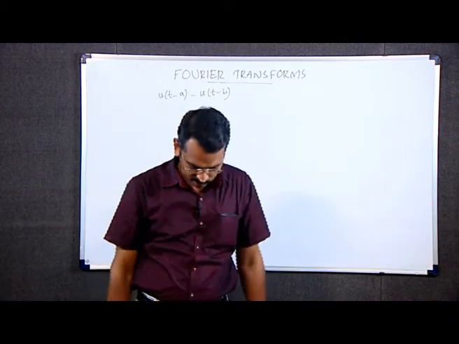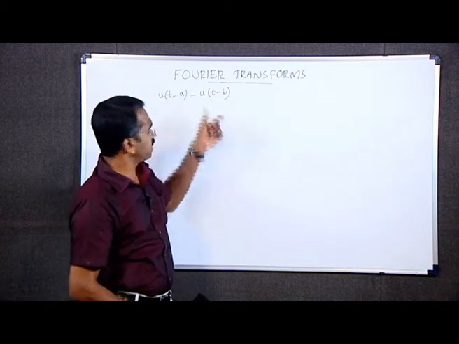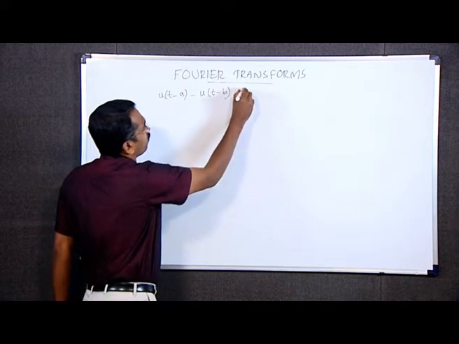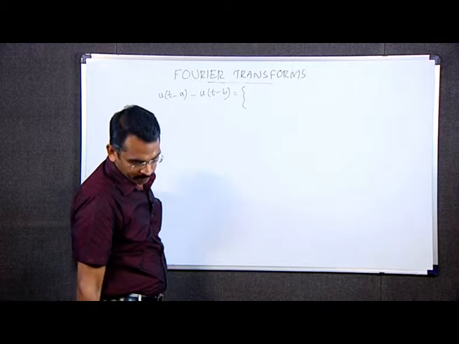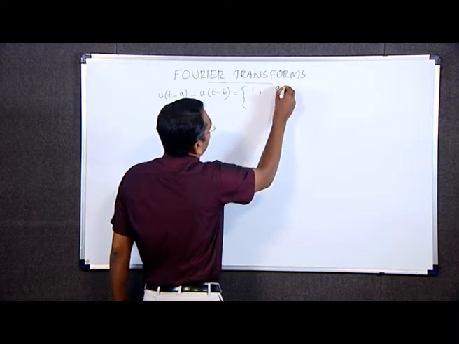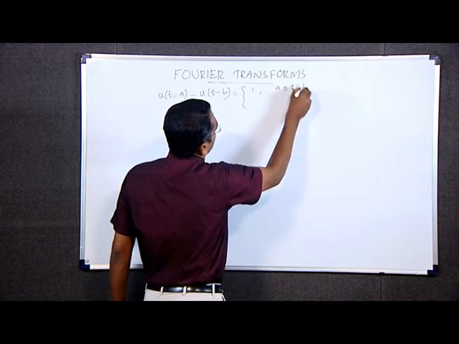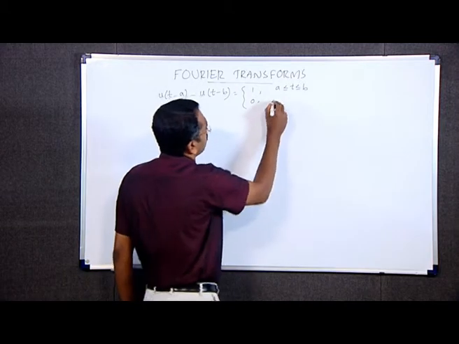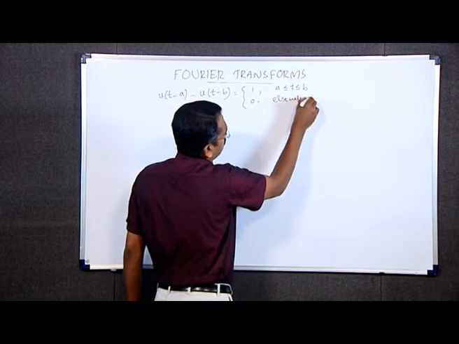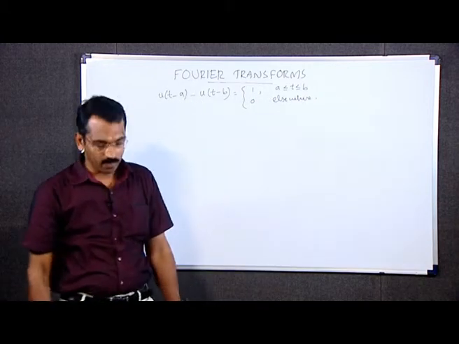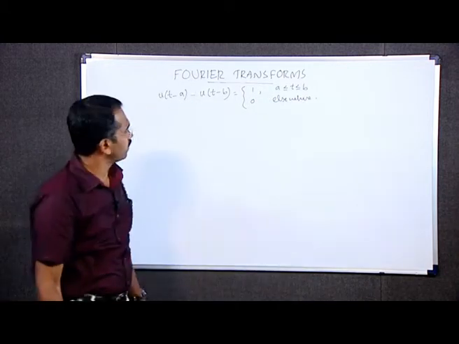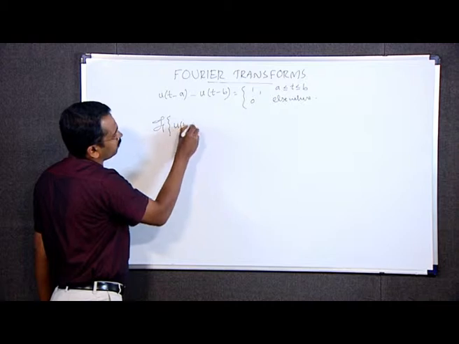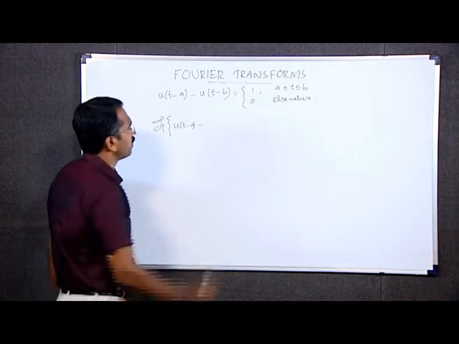We have to find the Fourier transform of this function. By the definition, we can write this as 1 for a less than or equal to t less than or equal to b, and 0 for all other cases. Therefore, by the definition of Fourier transform, we have the Fourier transform of u(t−a) − u(t−b)